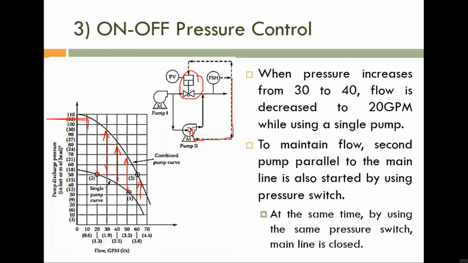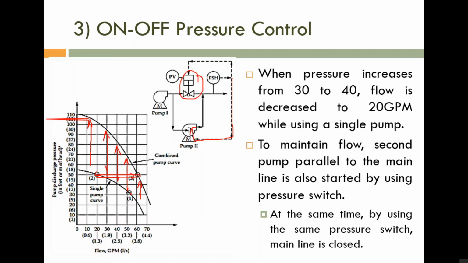So what is happening to the operating point? If the pump curve is shifting upward, the operating point will shift to the right side, because the resistance will decrease, or the two-pump system is capable of overcoming the resistance. So the operating point will shift rightward. What is happening in the previous system? In the on-off flow controller, we are operating two pumps parallelly. So what is happening to the pump curve? The pump curve is shifted to the right side, and the operating point is shifted upward.